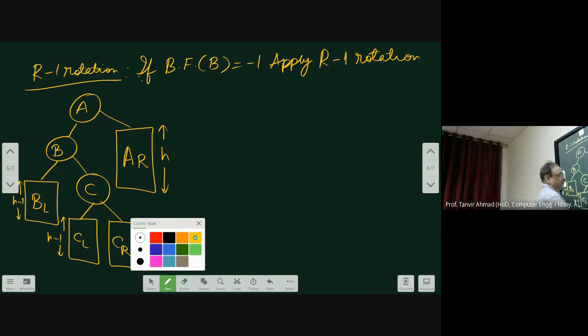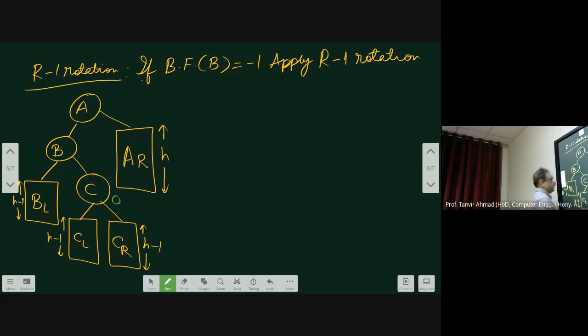Now let us do it for this. This is 0. This is -1. What is the balance factor of A? And you are deleting something from here. Now this case is a